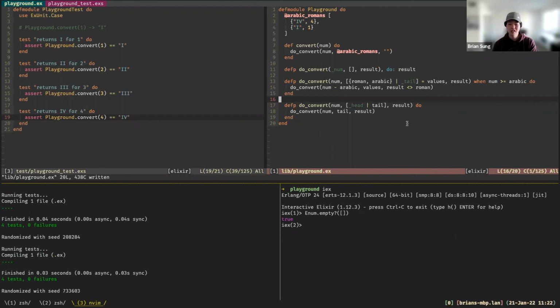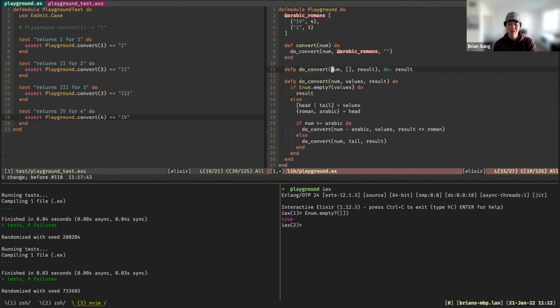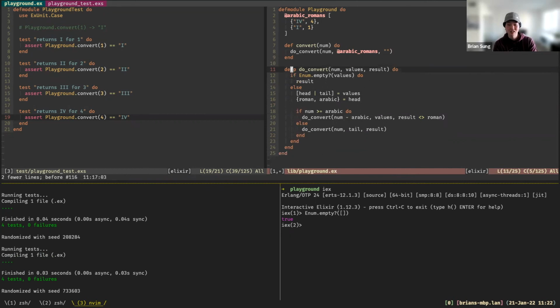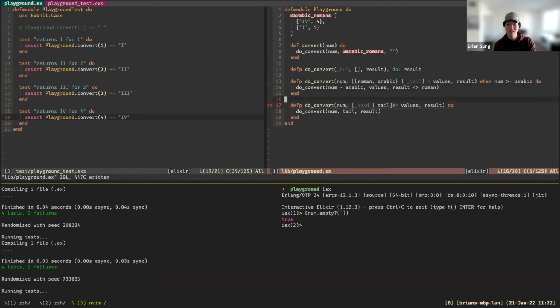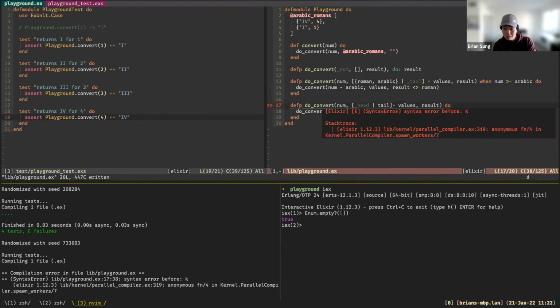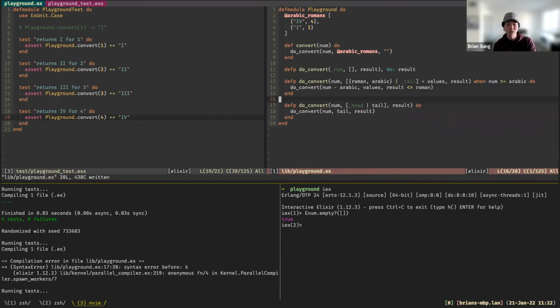All right, so recap, we've effectively gone from all these nested if else into something more declarative, right? Here we go.